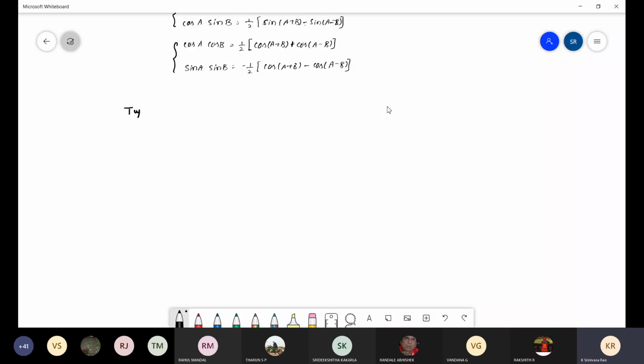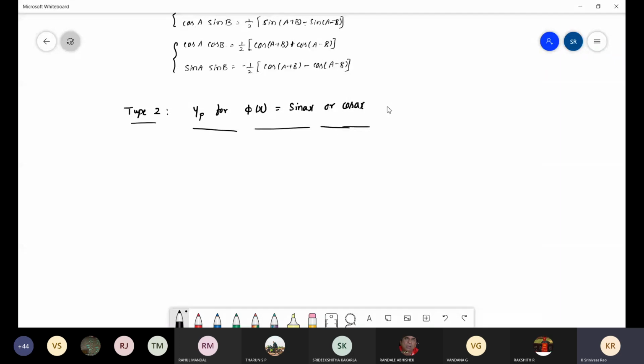Type 2: particular integral YP for phi of x equals sin ax or cos ax. It is the same formula for both trigonometric functions, and only these two are in the curriculum. In this method we can solve only two trigonometric functions, sine and cos. The remaining tan, secant, cosecant and cot we can solve by using another method, which is in the last topic of this chapter. So this is the heading: YP for sine ax or cos ax.